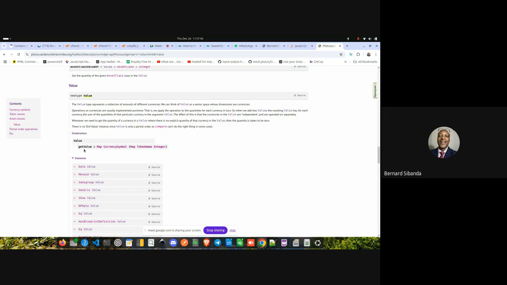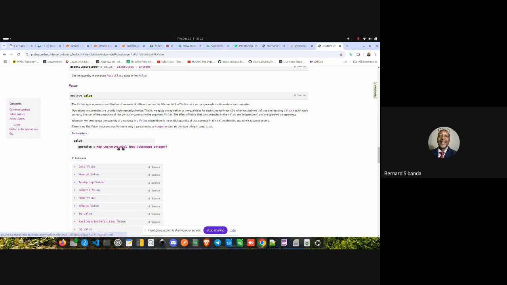Value, the constructor, getValue. It's a map. It's a collection. There is a currency symbol. Then we've got a map again, collection, token name. And then we've got what? Integer. Now, you'll say, but when we were there, we never saw other currency symbol. It is blank.